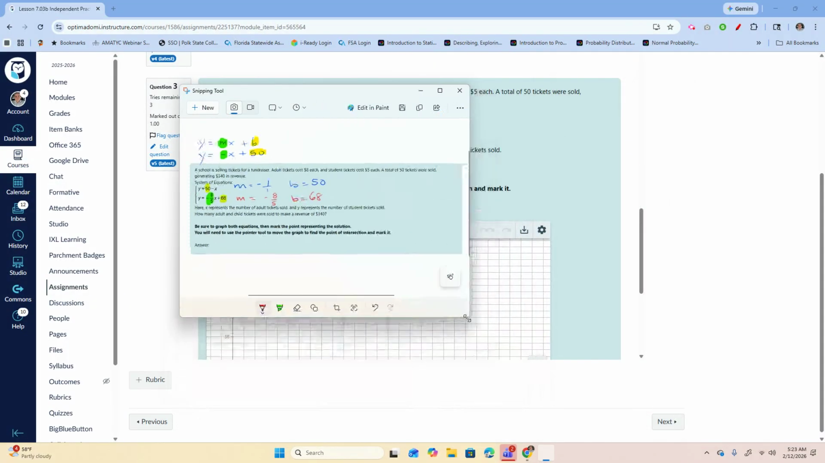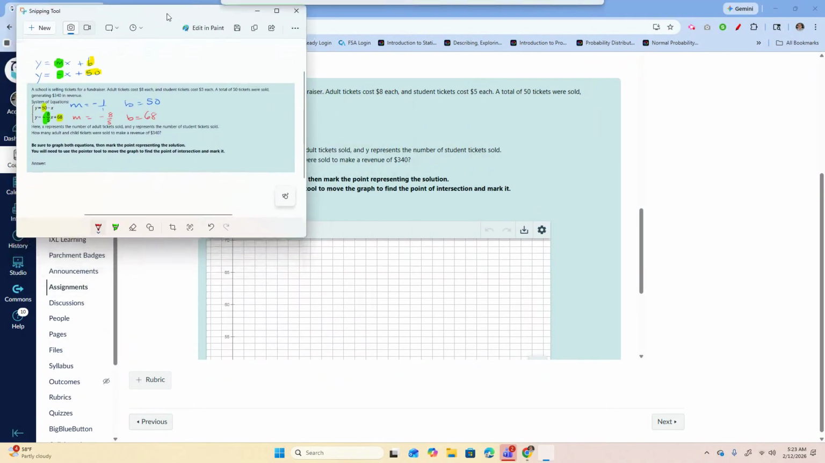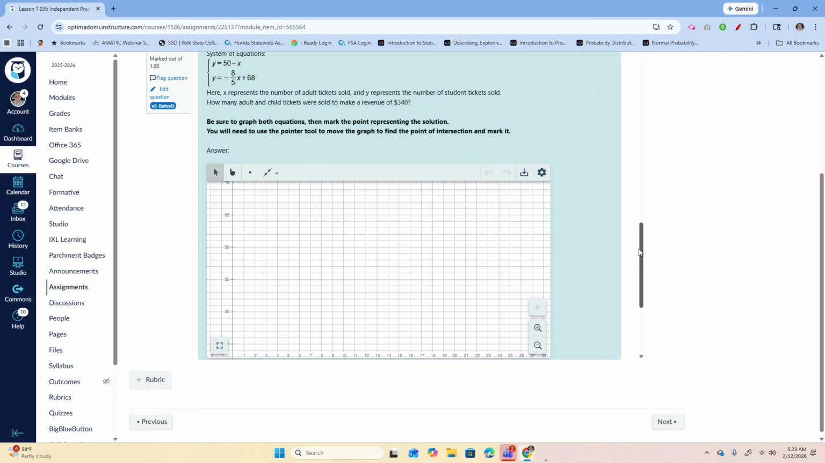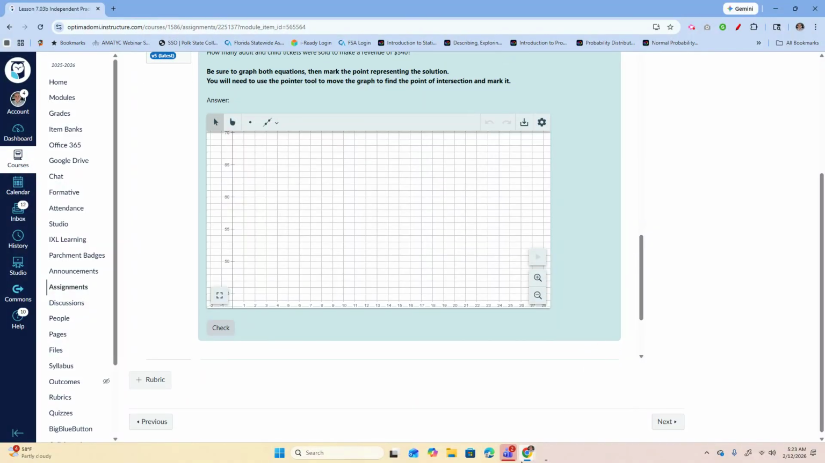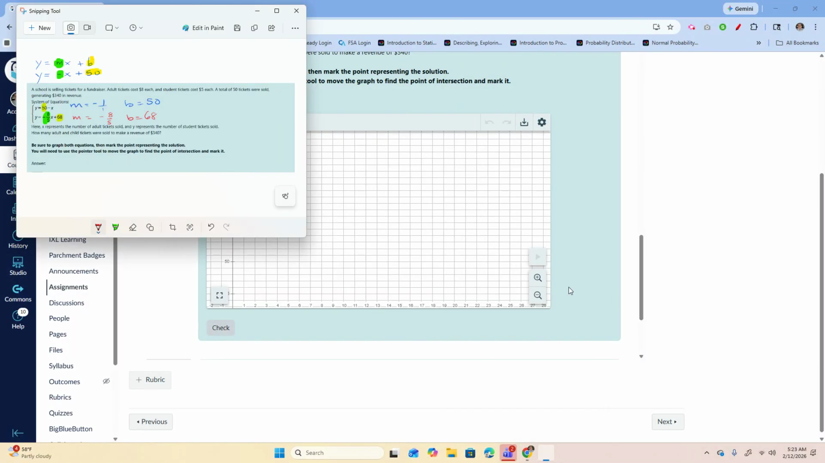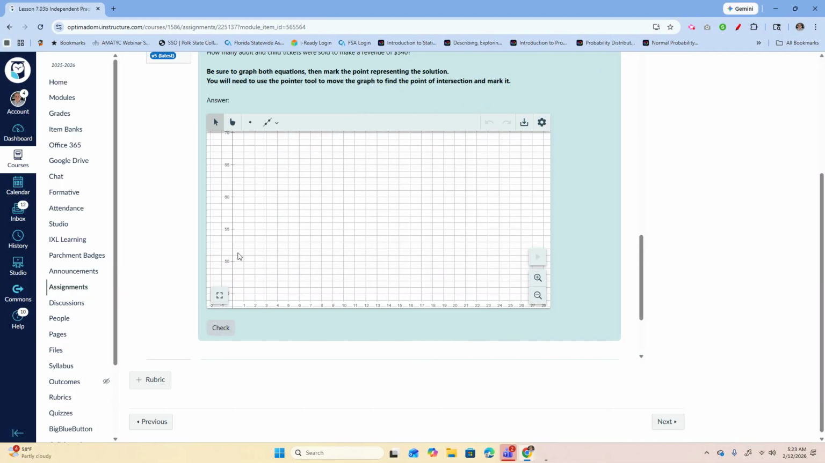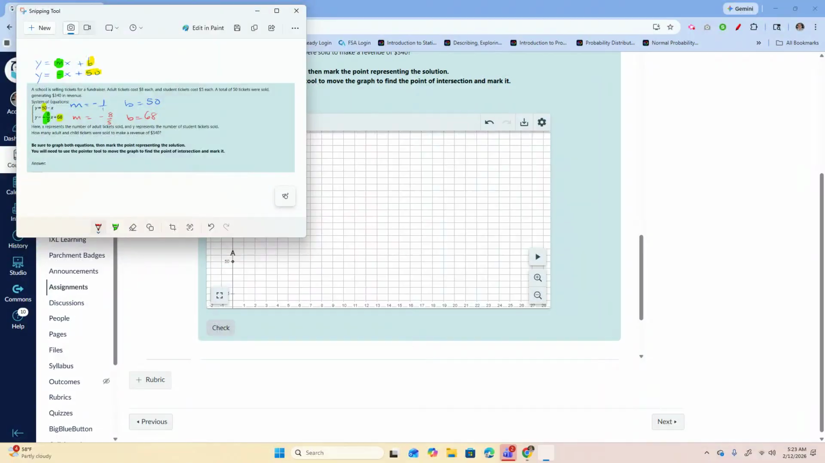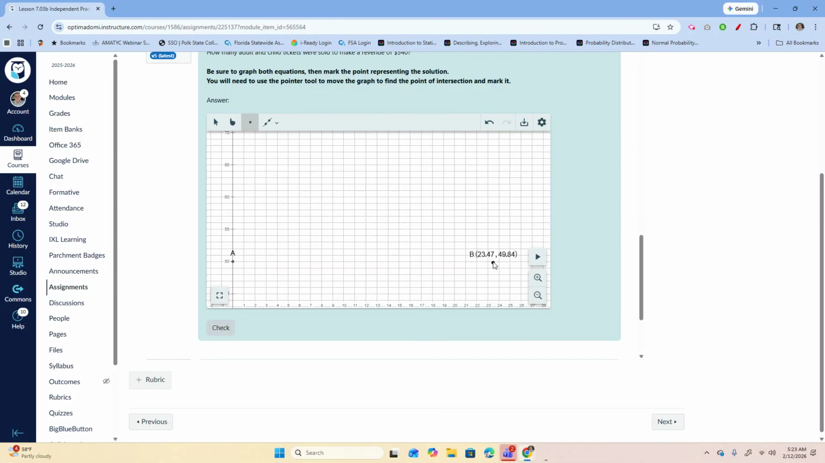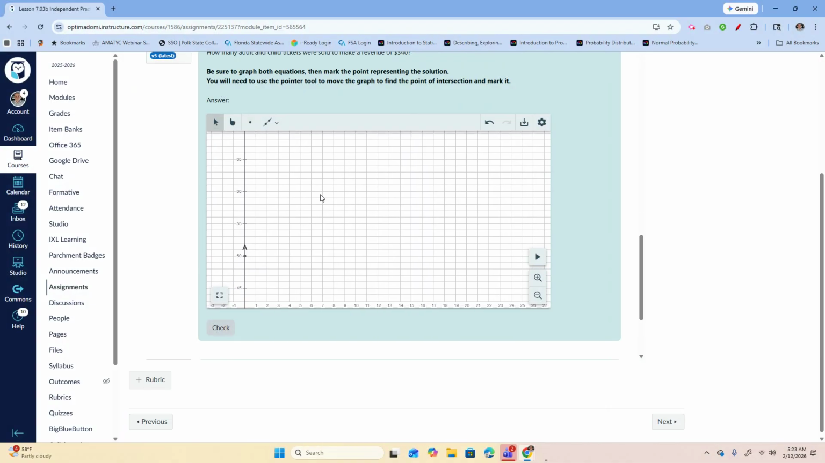Let me make this smaller. And here we go. Let me bring this up a little bit right there. Let's start with the first one. The b is 50. So I'm going to put a dot on 50. And then how much is my m? My m, according to what I did, is -1. So it's -1 over 1, which basically means, let me move this to the side a little bit,